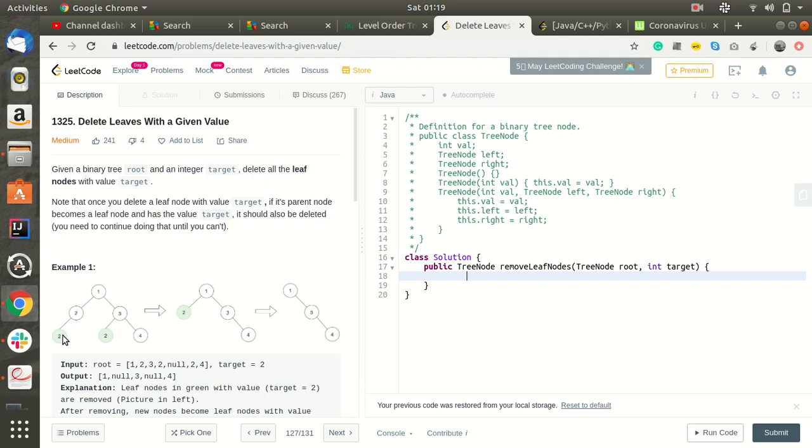Now the left and right will be null, so if this value is equal to target, then it will delete it. So like that these things will work.